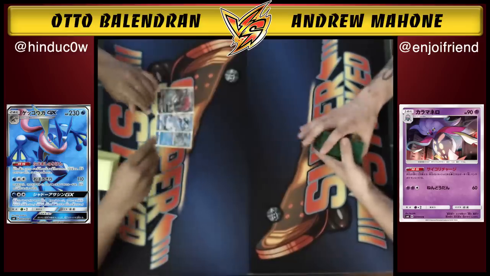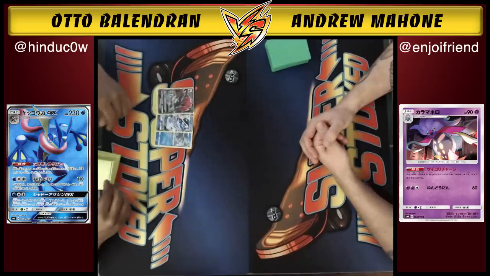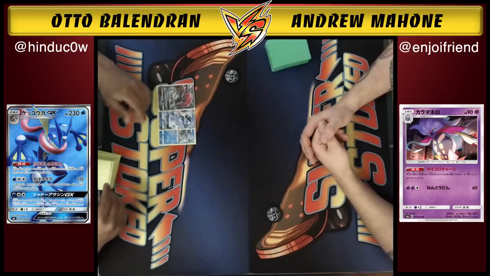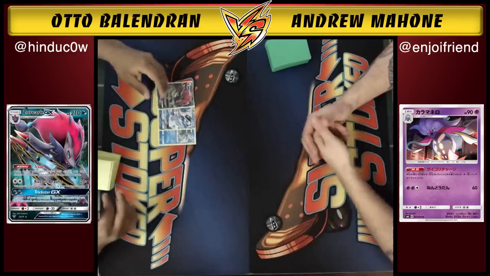On Otto's side of the field, Otto, why don't you tell us a little bit about what Zoroark Greninja does? Sure. So I'm playing Zoroark GX, Greninja GX. It's a deck very similar to a deck that Andrew once did very well with back in the past, Landorus Bats. So you have an attacker, Zoroark GX, very consistent attacker, trade to be able to draw all your cards,